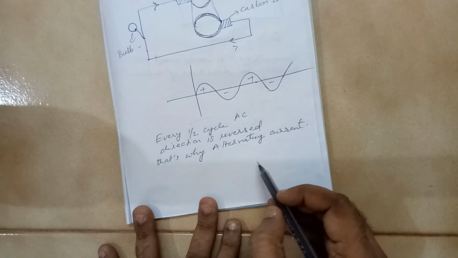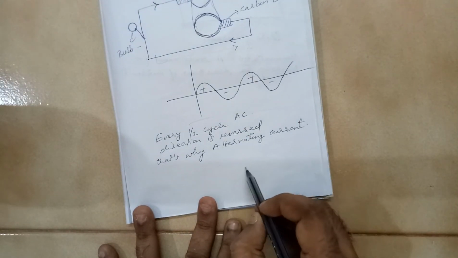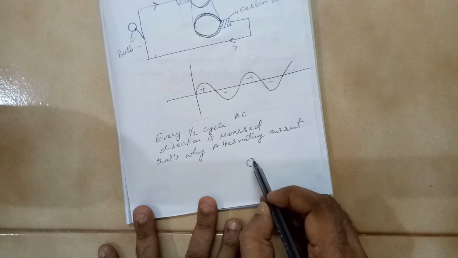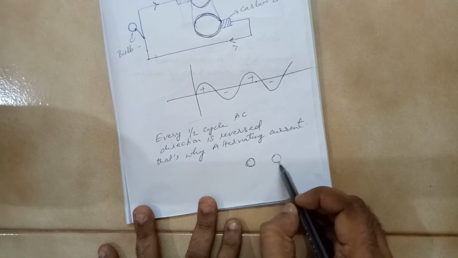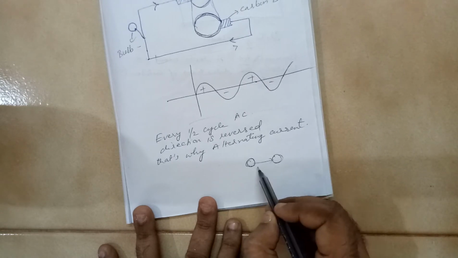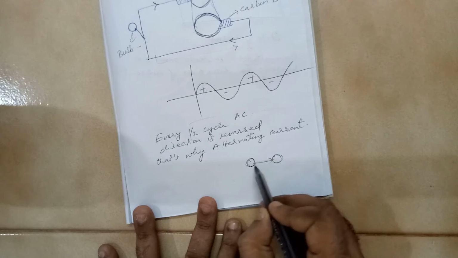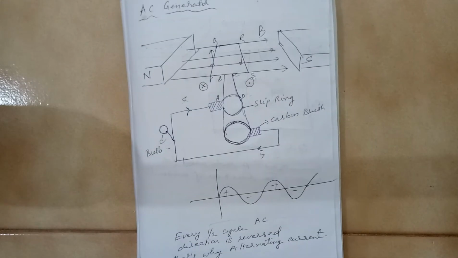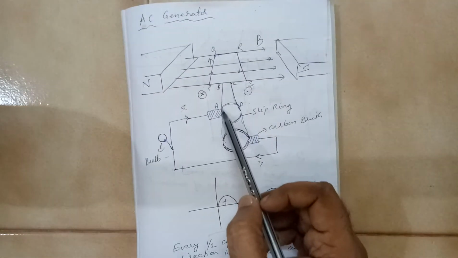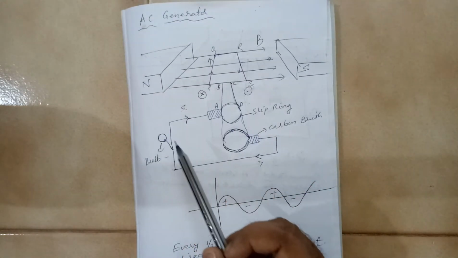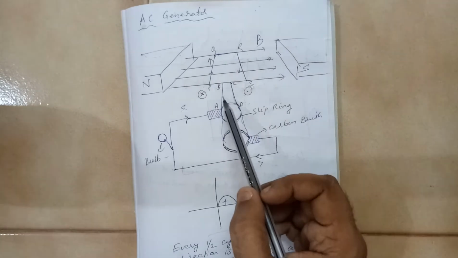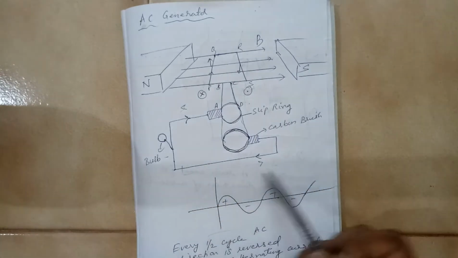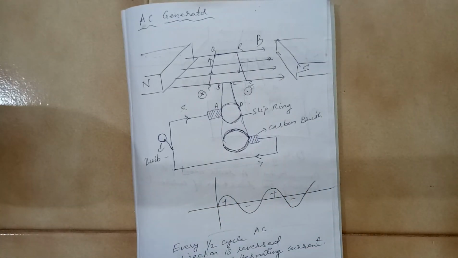In electrostatics we have seen that, suppose you want to charge an object, this is a charged body and this is an uncharged body, you need to simply touch it, or you need to put a conducting wire here, so the charge will transfer from here to here. So we use a brush. Why do we use a brush? Because whatever charges are there, they will go to here, and from there into the circuit. Current is basically movement of charges, right?